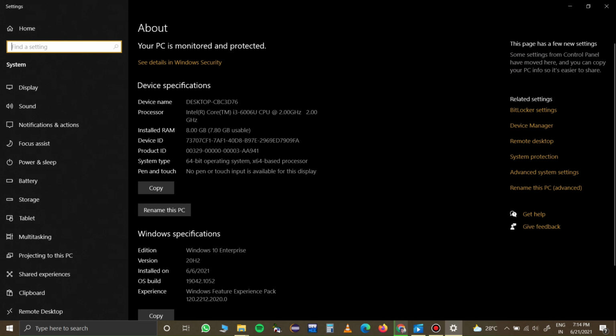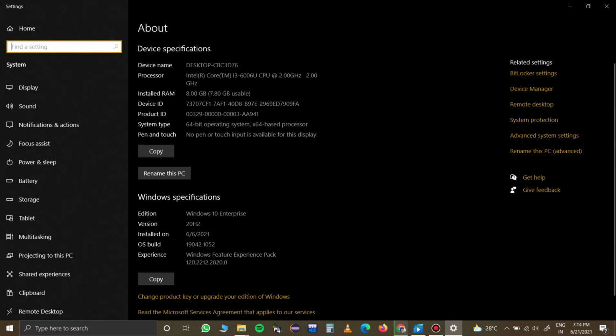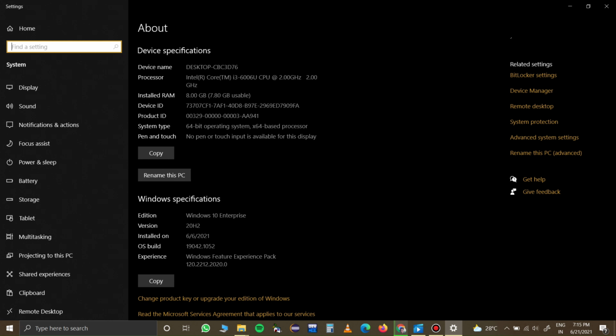I have an i3 processor, 6th generation, which is 2 gigahertz, and the installed RAM is 8 GB. But I have no graphics card installed at all, and my hard disk is 1 TB, of which almost 85% I have already used.